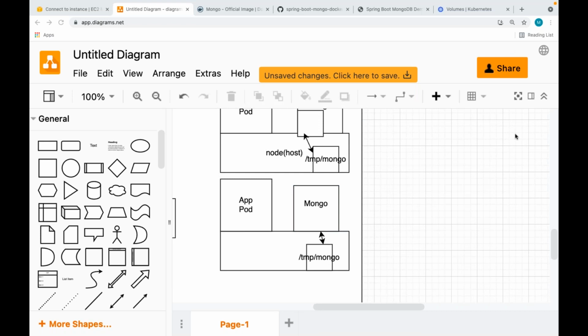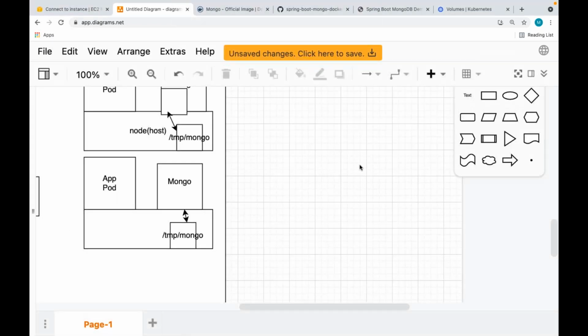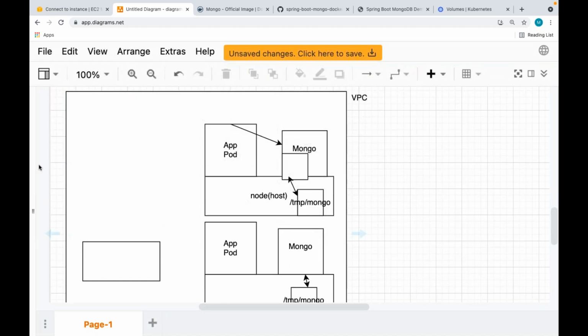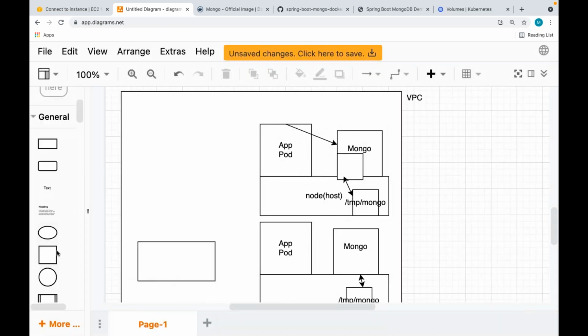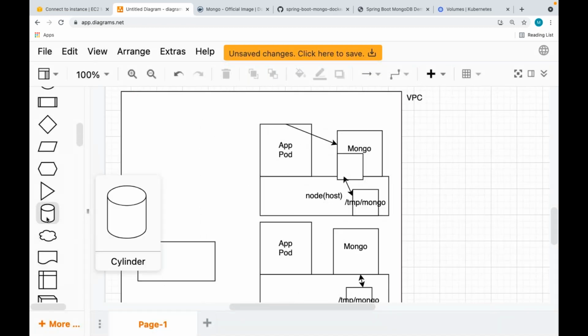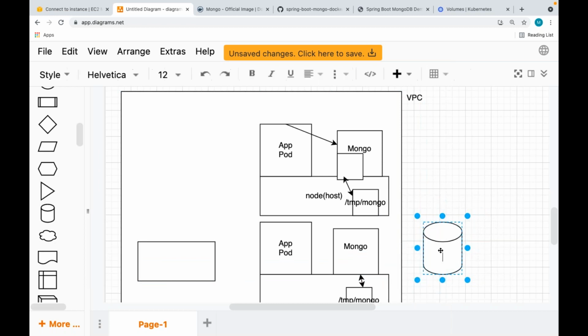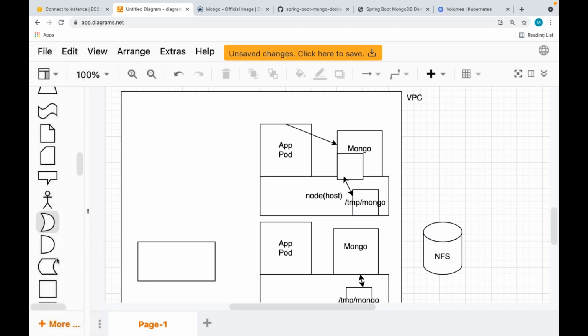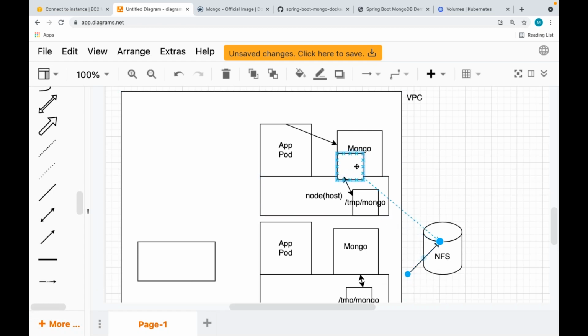External volumes or network volumes, something like this. So instead of going with hostPath, can I go for NFS outside of your Kubernetes cluster? That is right. You can have an NFS server. Can I use NFS volumes for my pod instead of using hostPath volumes? Can I use an NFS volume?